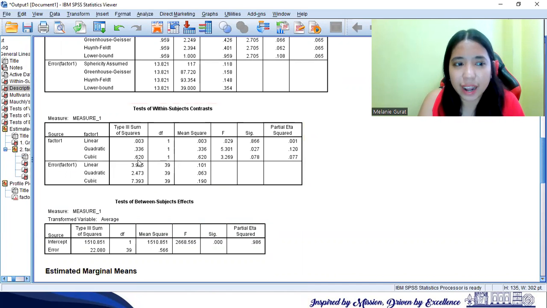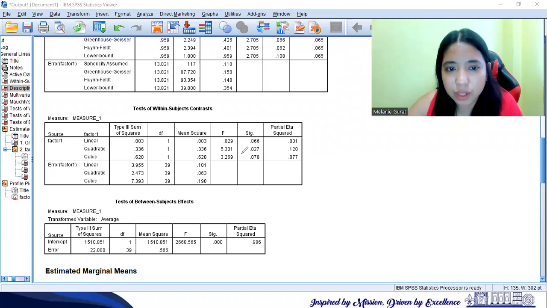That's why it also generated linear, quadratic, and cubic. This is what we are referring to as polynomial: in contrast, we saw that the default is the polynomial. So it simply shows whether the result is significant or not. For example, these are the p-values.